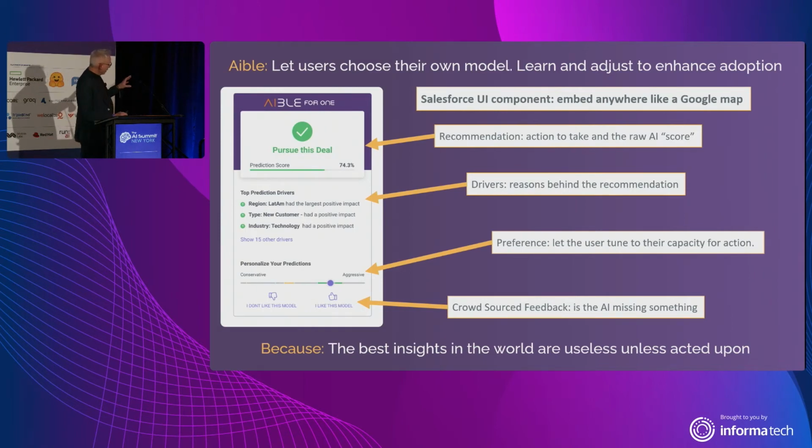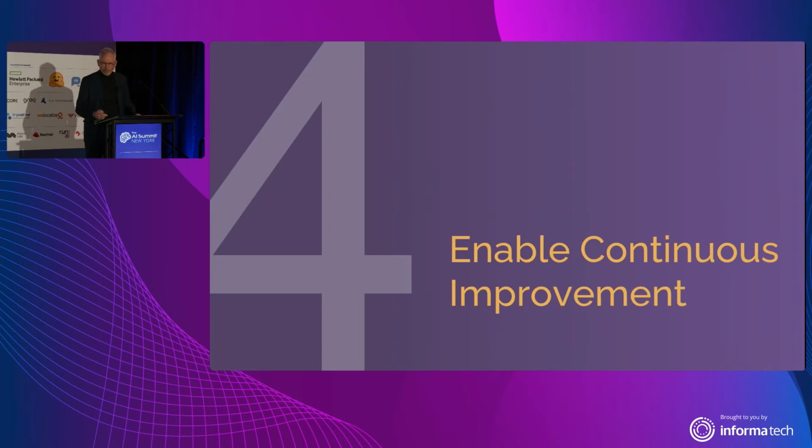And lastly, there's always the possibility that the user knows something or has recognized some piece of information that we haven't previously captured, and we need to give the user an ability to actually say, this model sucks. I see that it picked this thing, I see that it picked things based on the second highest thing, they were a new customer, but I know that in this case, this customer is far more important because of some other issue. And so by giving the users that feedback, that leads into the key where we go next, which is empowering that continuous improvement.